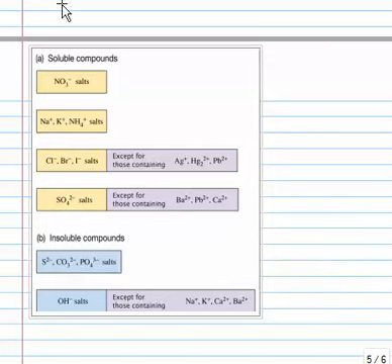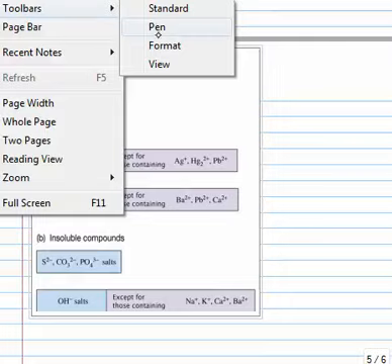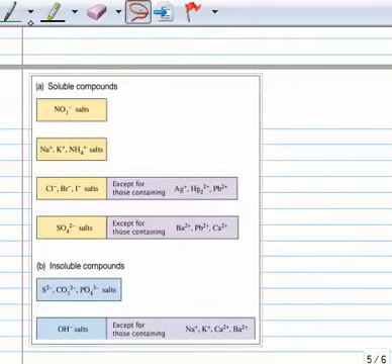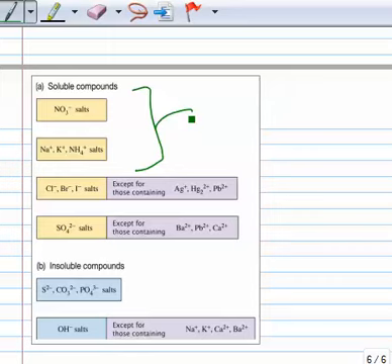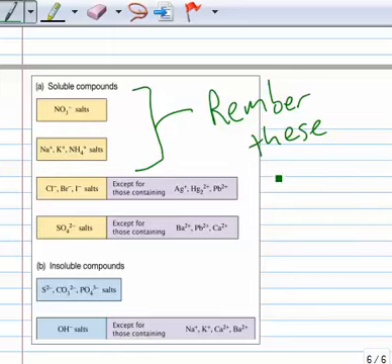Okay, and what we want to focus on here are really just these first two rules in this table. Now, your textbook has a similar figure to this, or similar description of these solubility rules. But basically, if we remember these two simple parts of this table,